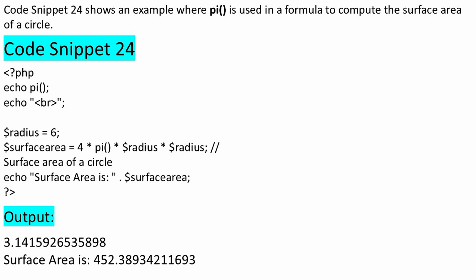Finally, the result is displayed using echo. "Surface area is: " . $surfaceArea. The dot symbol here is used to concatenate the text with the calculated value. When we run this code, the output first shows the value of pi, and then the calculated surface area of the sphere, which is approximately